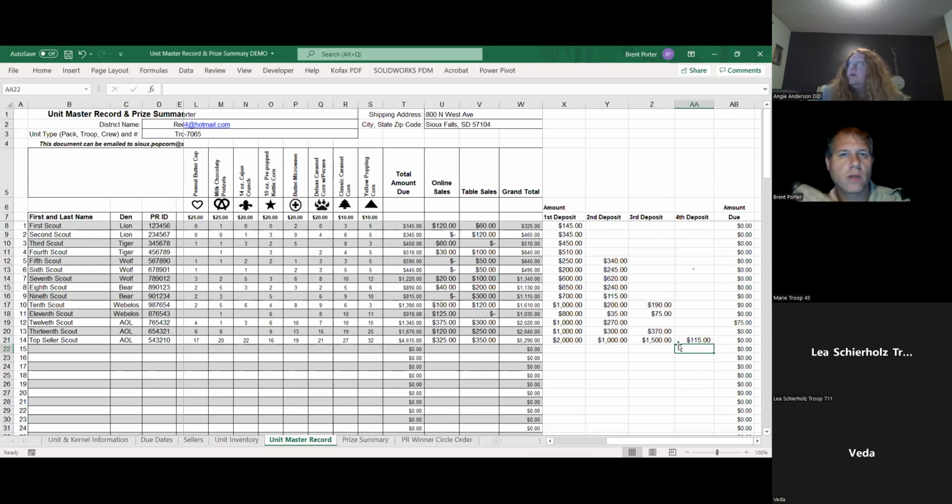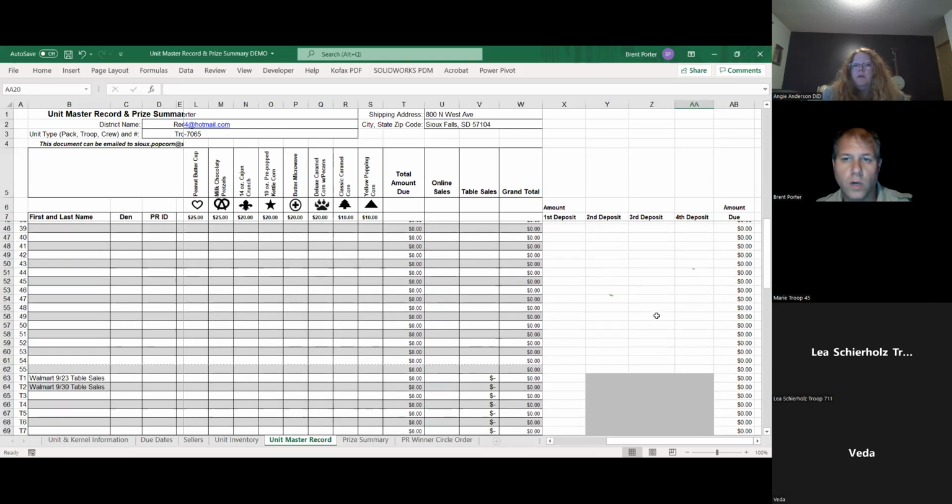This is a good way. You can pull this up. You have a reminder that says, hey, scout 12, I need your money before you leave today. Can you have your parents bring the check? And then once the parents bring the check, then you can go ahead and capture it here. And then everything balances out nicely for you. Okay. Goal is to have your total amount due at zeros all the way down.